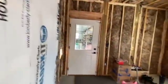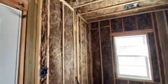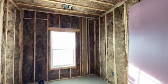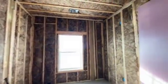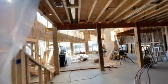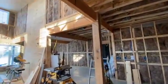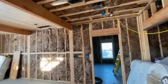We have this closed off just to heat up this area a little bit better, but this will eventually become the mud room. We'll do cabinets and lockers. We've got a pretty cool design in mind for that. It's a good drop zone for all the kids. I'll take you back over here